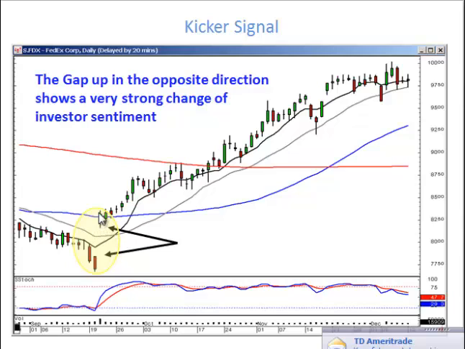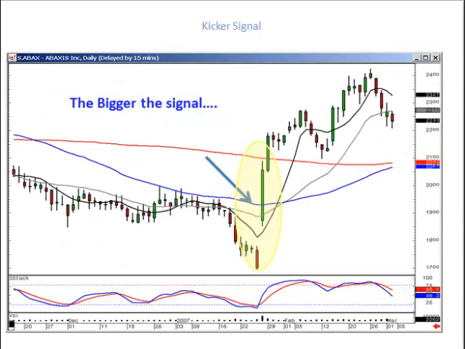Even if this day here isn't a real whopping bullish day, it still represents the same thing. They were going in this direction as far as investor sentiment. Now they're going in this direction as far as investor sentiment. Again, very rarely will they gap it up because of whatever's occurred and immediately start pulling it back down. And remember, as with all candlestick signals, the bigger the signal, the more compelling there's been a change of investor sentiment. These are the type of kicker signals you like to see. A big down day followed by a big up day. That represents that something major has occurred.